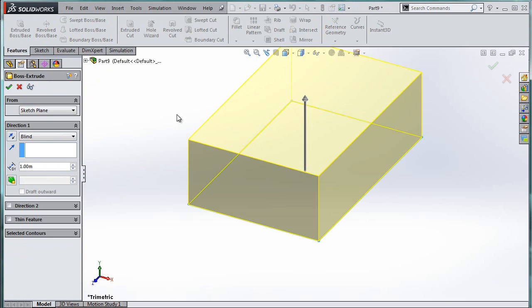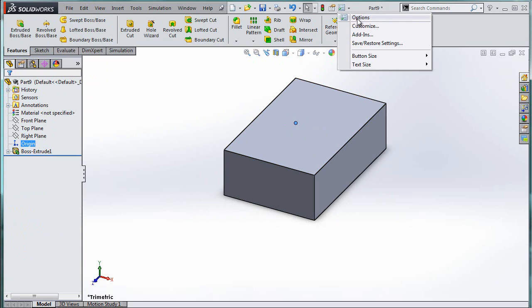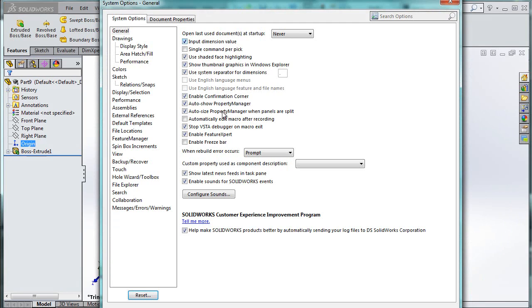and let's just make sure that that origin is in the right place. It should be in the back corner. Beautiful. Okay, now something we've never done, or haven't done, is we're going to go up to the options, and